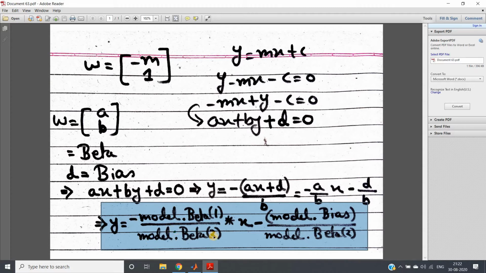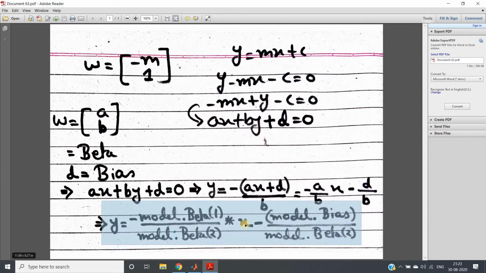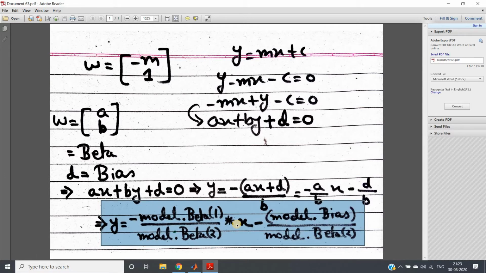Now that we have this equation, we can plot the decision boundary for our linear classifier.